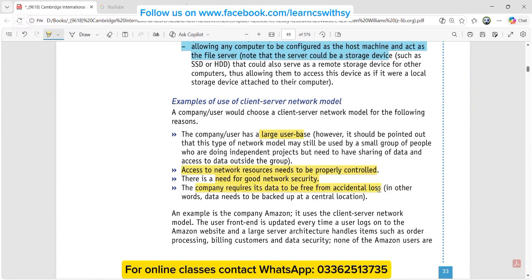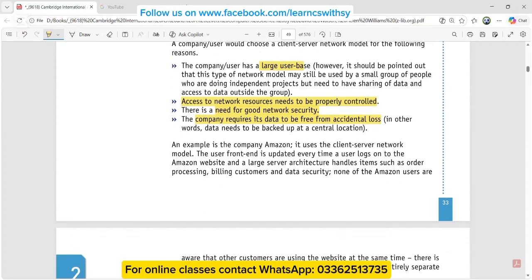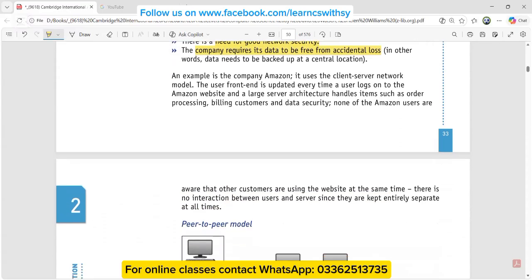I'm giving you this idea so that if the question comes in the paper in any form, it may be like this: they have given you both the client server and the peer-to-peer options, and they're asking you to justify your answer. Then you should be clear that if my major concern is security, if I don't want data to be accidentally lost, or if there is a large number of computer systems which need to be connected, then in that case, client server is the best option. This is why I'm highlighting the key terms for you to remember in order to frame a very good answer. They have quoted the example of Amazon, definitely a very huge example.